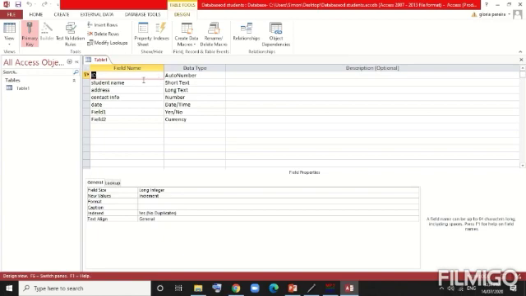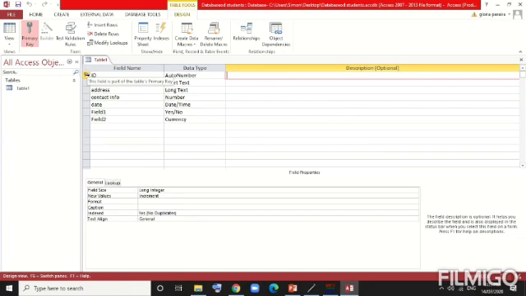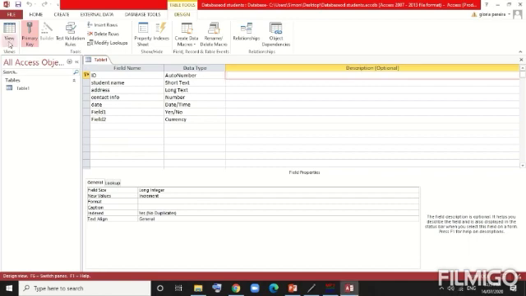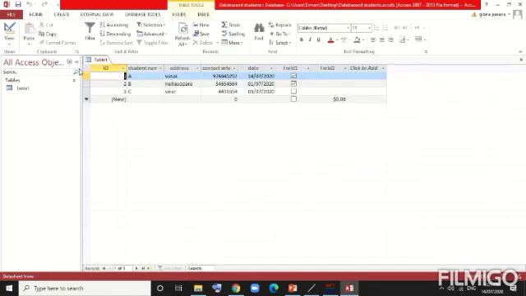We have the information. Here we can give the description about the particular field, like why we are using this particular field. And if you can see here, this primary key is already added in this ID, so that a person who is having the same name can be identified by using the different key over here, which is the unique ID given to that particular person. So once it is done, you can go to the datasheet view and you can have your information.